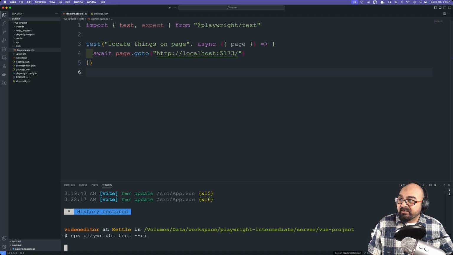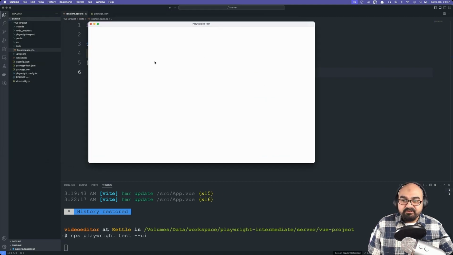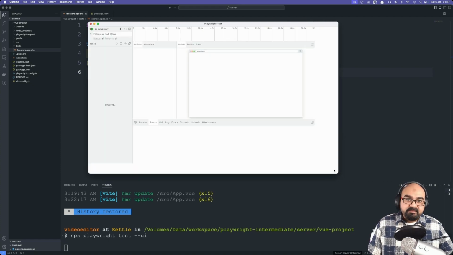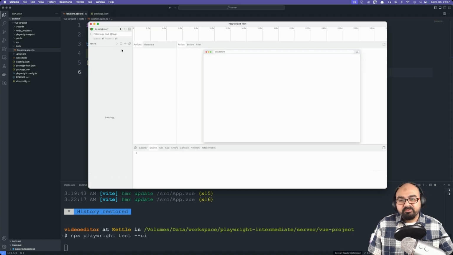So let's see how that works. It has just opened a Chrome browser for me, and now in here it is loading the Playwright UI, and if it's still loading. So once it's ready, I'll click on play. This big play button is for running all